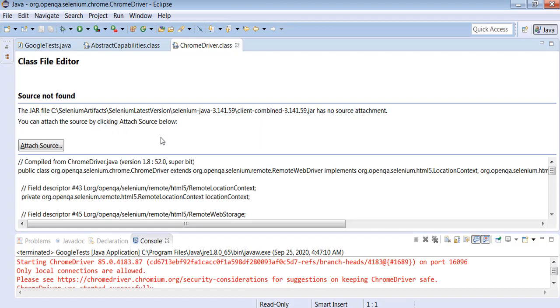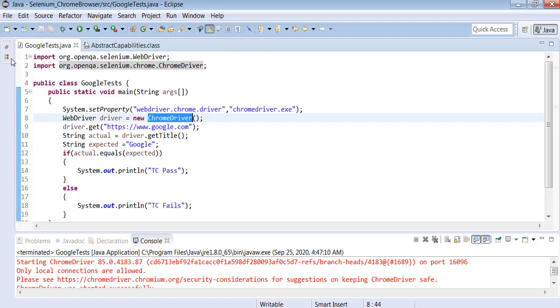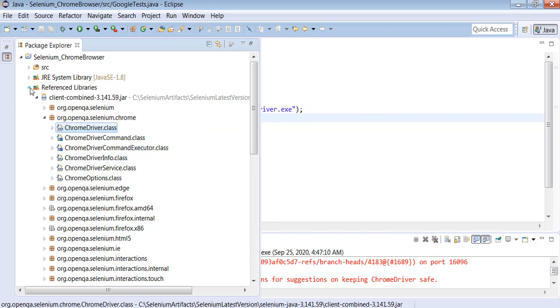You cannot see the content of this class because this is a class file. If you would like to see the contents of this class file, you have to click on attach source. Again, I'll try to open it again. How do I open this?